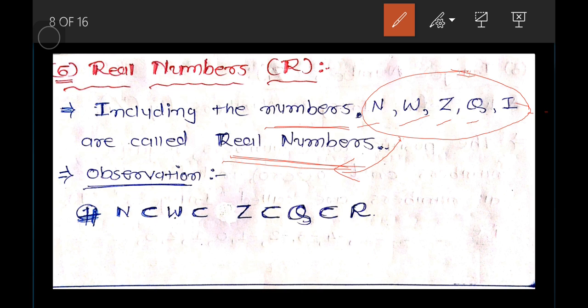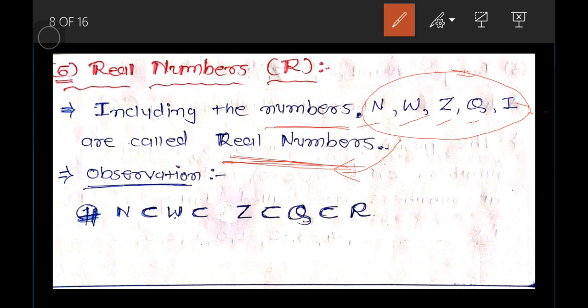This set of all these numbers is called real numbers, or you can say that these are universal numbers. So the set including numbers N, W, Z, Q and I is called real numbers. So by these 6 definitions, we can observe that